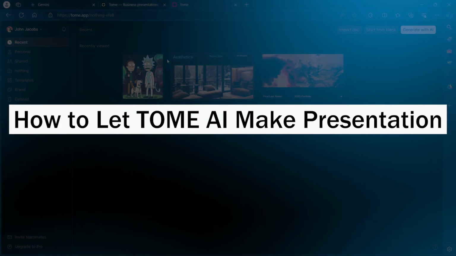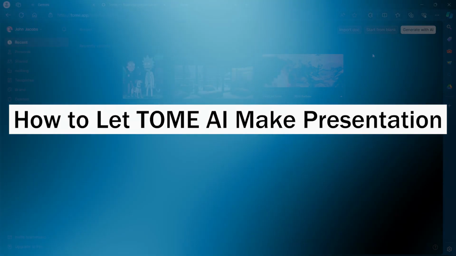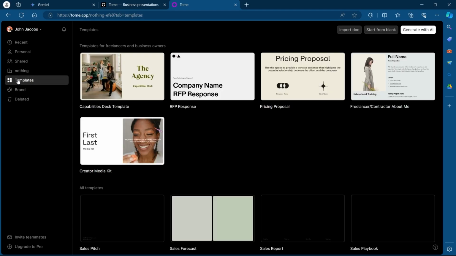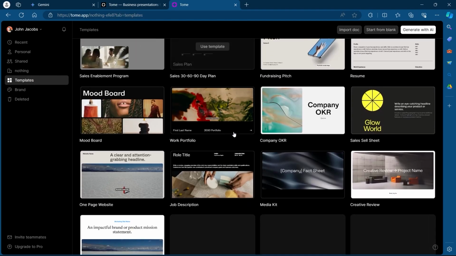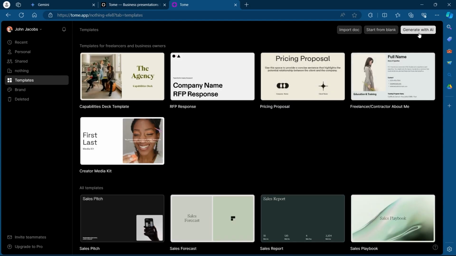In today's video, I will show you how to let TOME AI make presentations. In order to do this, you will have to harness the power of TOME's AI assistant. Basically, use the generate with AI feature on TOME and you'll be able to let TOME AI make presentations automatically. To do this, we'll first head over to our TOME application and click